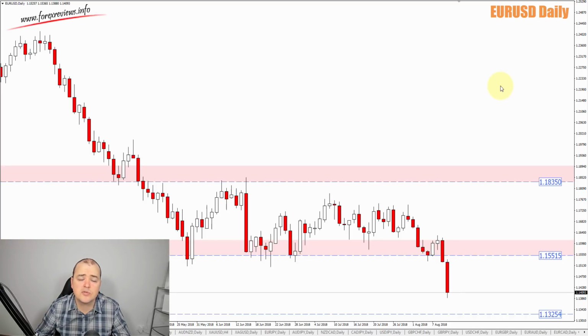Okay, the first pair I'll tell this week in the review is USD, and I'm on the daily chart. Last week in price action, USD broke below and closed below, unfortunately, the 115.50 low area. This was an area that acted as support multiple times, and unfortunately last week, the market broke below and closed below this important area. And now that the market has done this, what I'd like to highlight is a potential pullback area, and that is if the market pulls back and tests the 115.50 zone area this week,